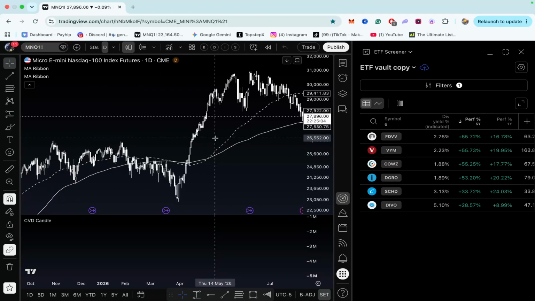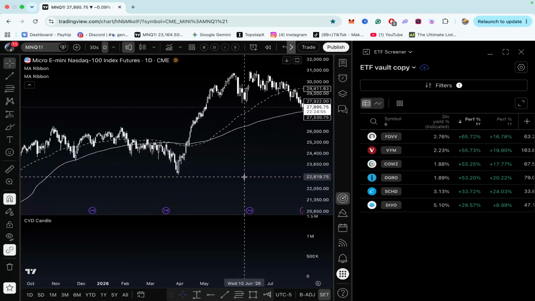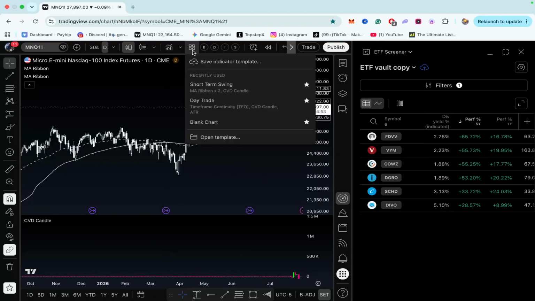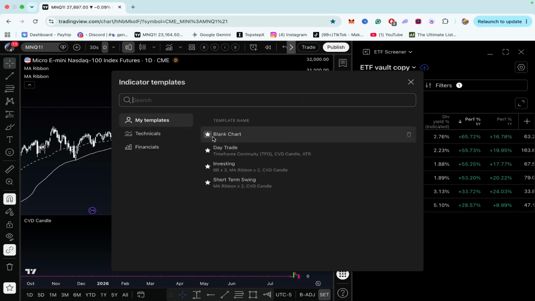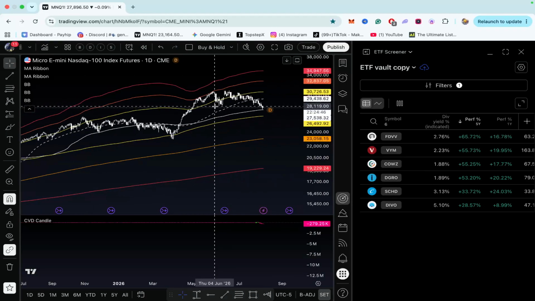Let's see, cool. All right, so do I have this saved already? Let me see if I got this saved. Let's see. Open template, got short-term swing. Cool. All right, that's still there. All right, about to go over to investing chart. Nice little save. I start looking at these. So